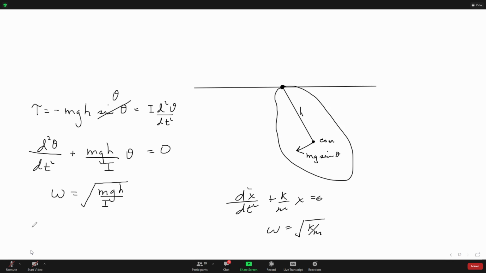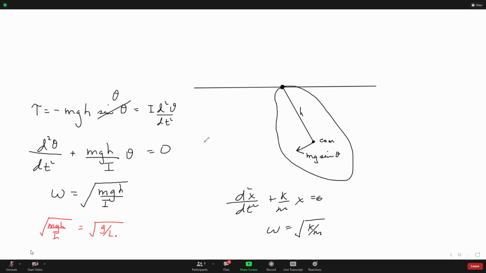Well, what we need is the square root of mgh over I must equal the square root of g over L0, where L0 is the length of a simple pendulum that has this same period,